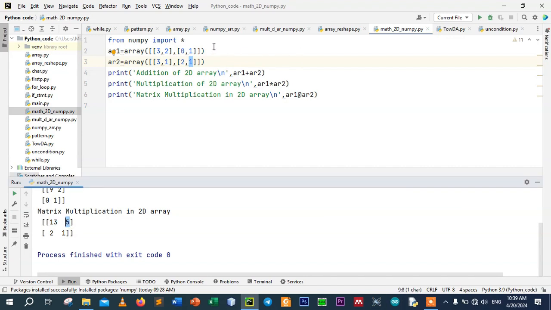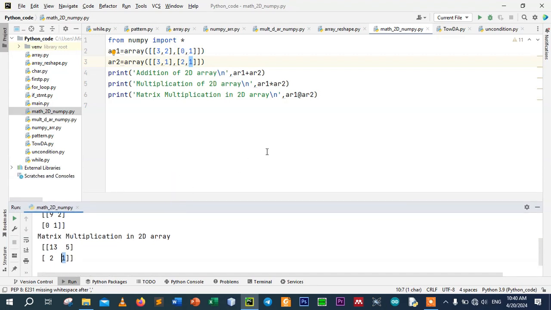And the second row, 0 times 3, it is 0, plus 1 times 2, it is 2. Then 0 times 1, it is 0, plus 1 times 1, it is 1. That is, we get 1 here.